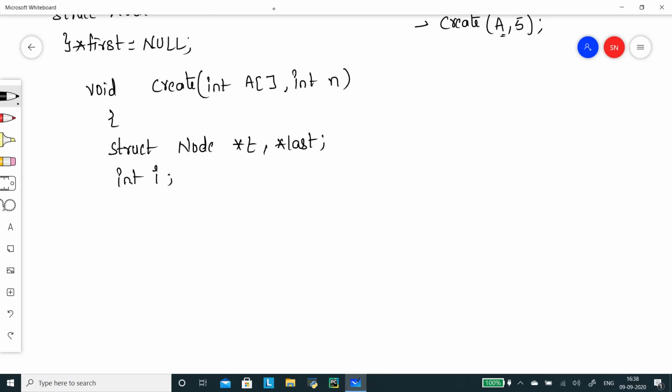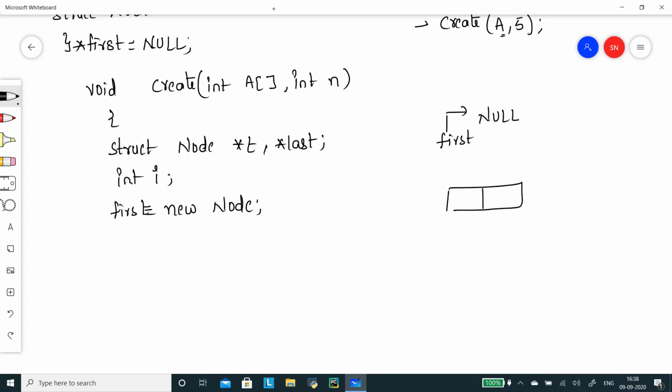Now I'm going to have an empty pointer; the first pointer is pointing to null. First I have to create a node, and that node should be linked to the first one. Creating a node means we are creating it in the heap memory. To create in the heap memory, we have to write new. What is the structure of the node? I have taken node, because the structure name I have given is node. A node is going to be created in the memory, and the first address has been given.